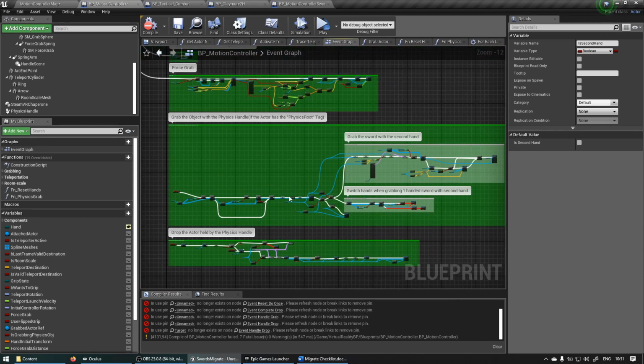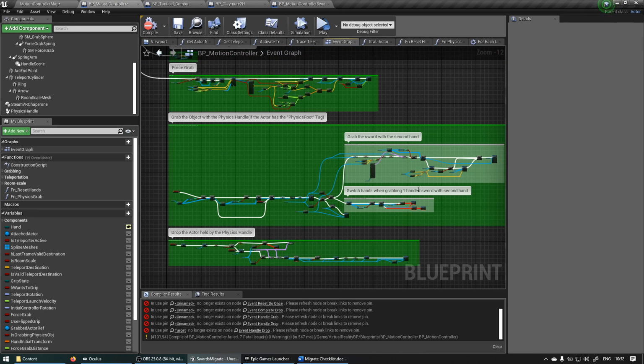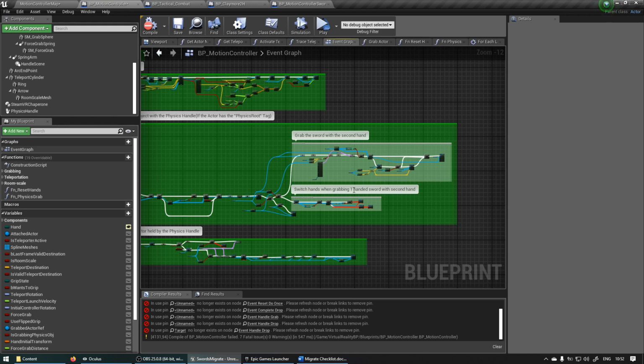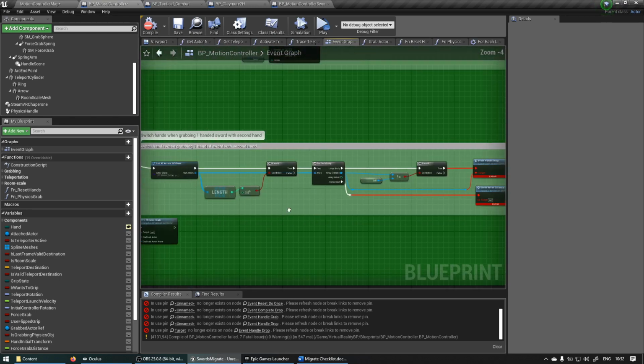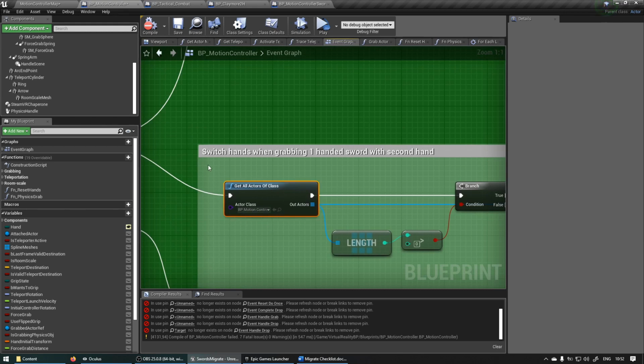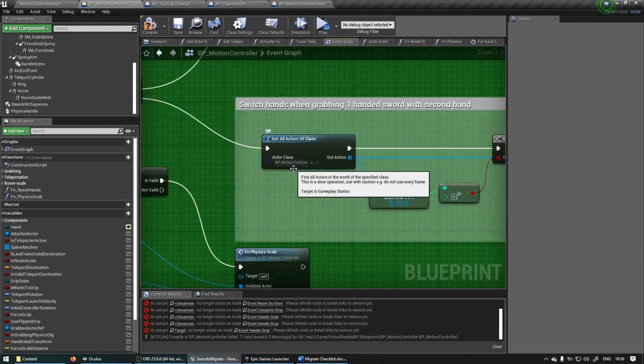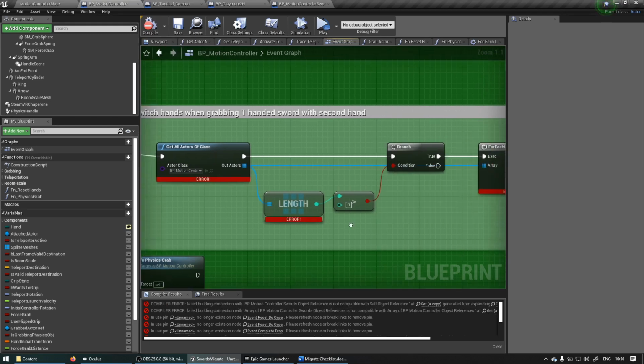Cool. So let's go to the switch hands when grabbing one-handed sword with second hand section. And you'll find that over here. So if we zoom in, the first thing we want to do to fix that, and you'll see that's not an error, so that could be easy to miss, but you want to change this to your motion controller blueprint class. So at the moment it is set to BP motion controller swords, and we want to set that to BP motion controller, or whatever your motion controller is called. So we click on that. So with that change to your motion controller blueprint class, we can hit compile,